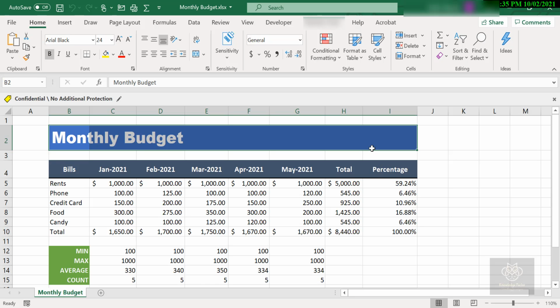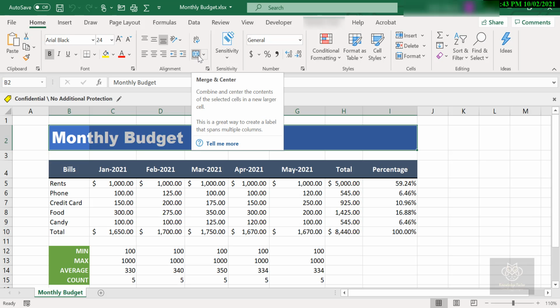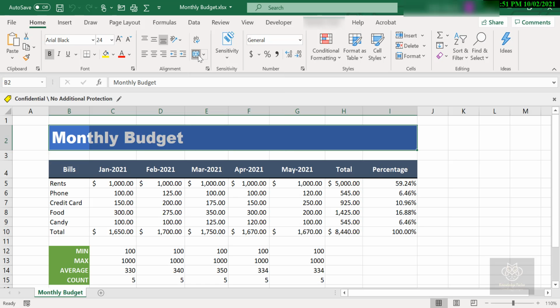With them selected, I go to my Home tab, and underneath the Alignment section I have Merge and Center. If you hover over it, you will see Merge and Center written there. That's a button, and I'll give it a click. It has now taken those eight individual cells, merged them into one, and centered the text. That's very cool, and I think it looks nice and clean.